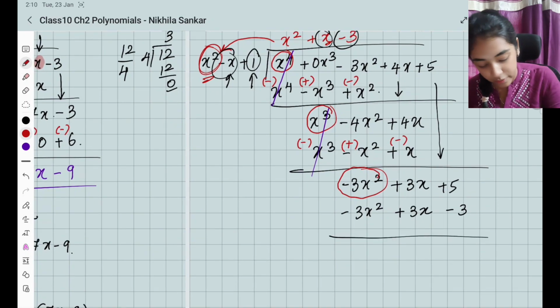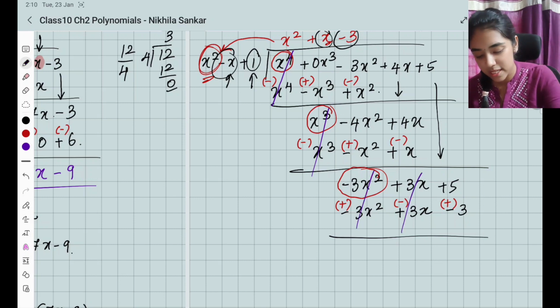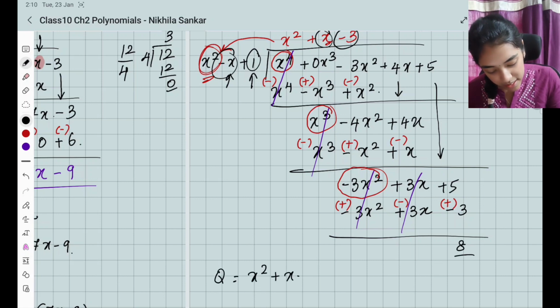The first I have to subtract. The minus becomes a plus. Then we have this is a minus and this also becomes a plus. இப்போ என்ன ஆகுது? The first term gets cancelled. The second term also gets cancelled. 3x minus 3x cancel ஆயிடும். 5 plus 3 is going to be 8. So from this we have quotient equals x square plus x minus 3 and the remainder is going to be